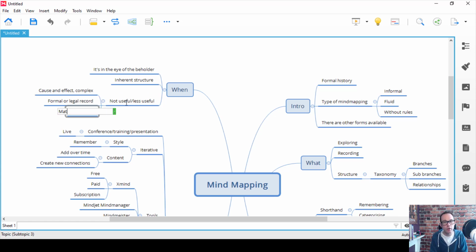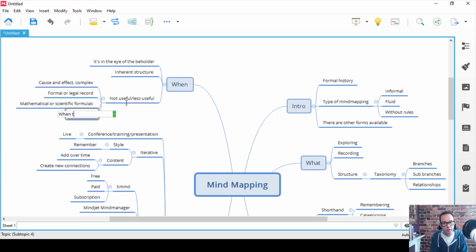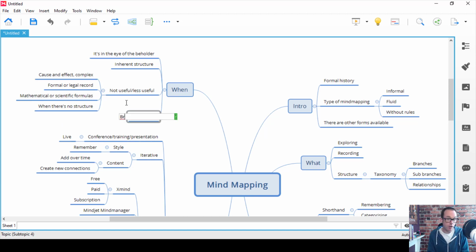If you've got something that's very mathematical or scientific formulas, then maybe this is not your best approach. And when there's no structure, or sometimes even when the structure is so subjective that showing one perspective of that structure might be disruptive to the conversation.